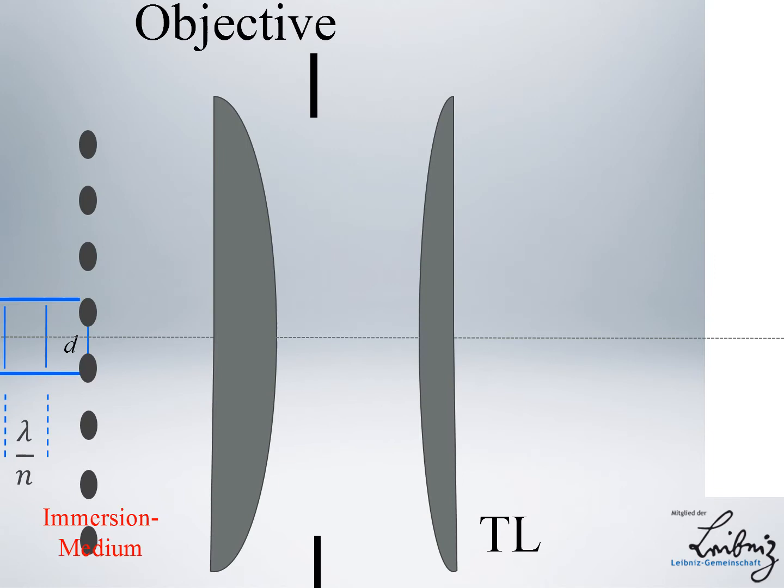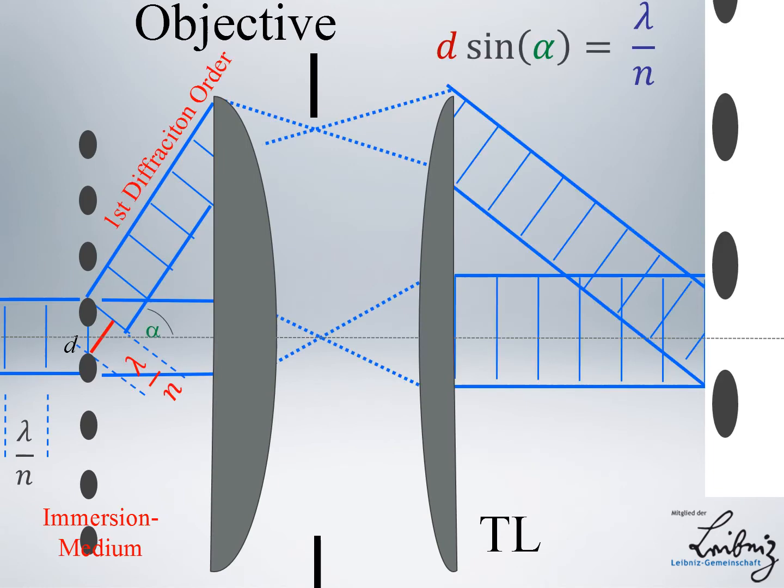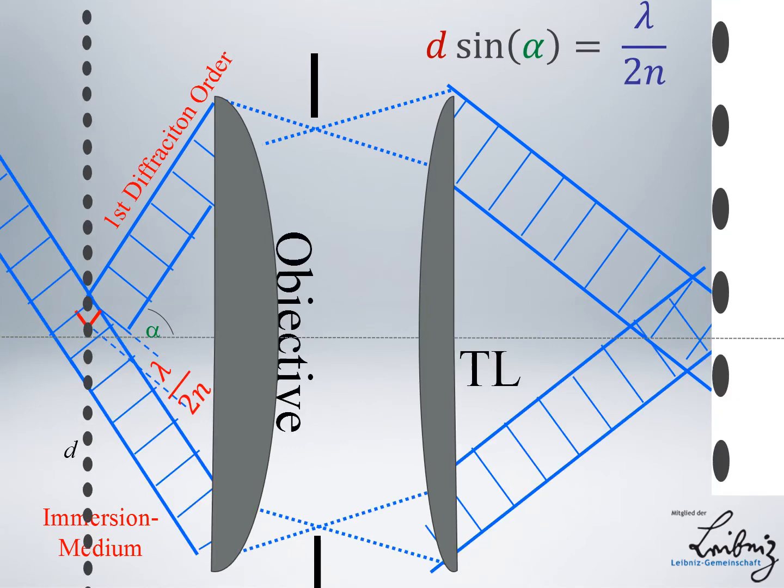So here, I would denote as central head-on, and here, Abbe's trick is to now not illuminate the grating centrally, head-on, but diagonally off axis. So this is called oblique illumination. And in this situation, you see that we have this distance lambda over